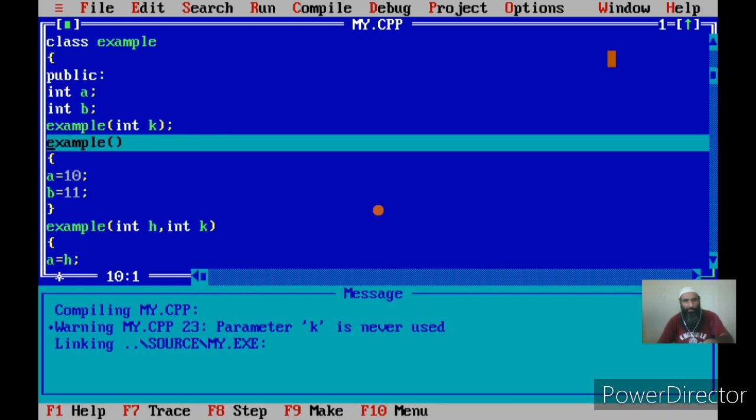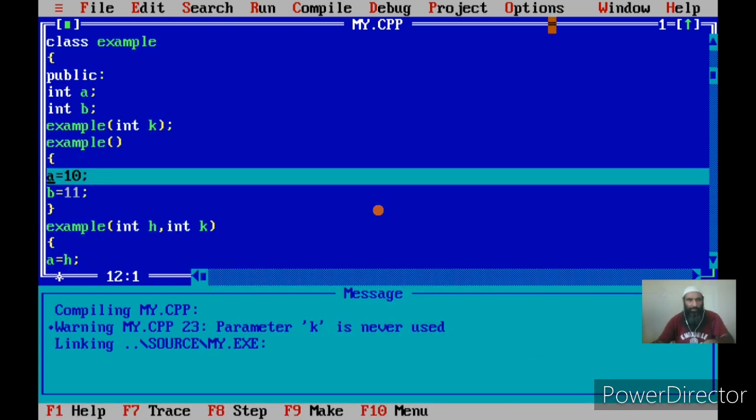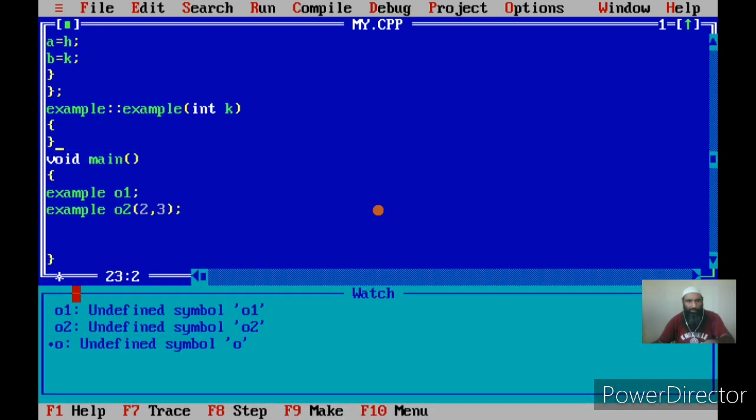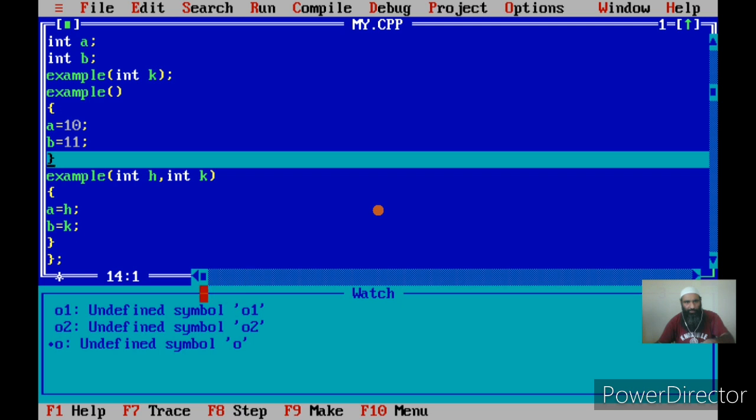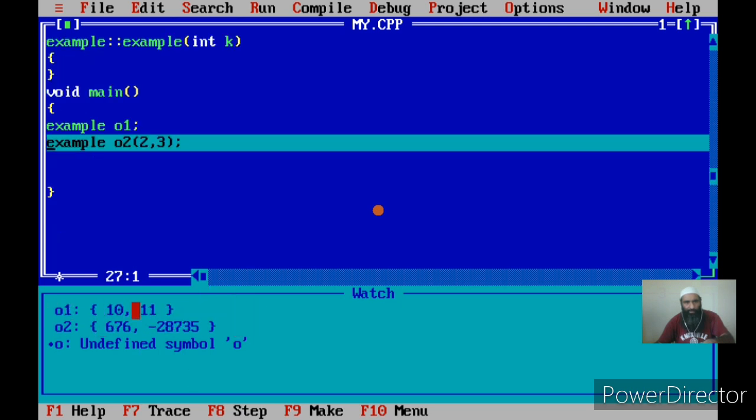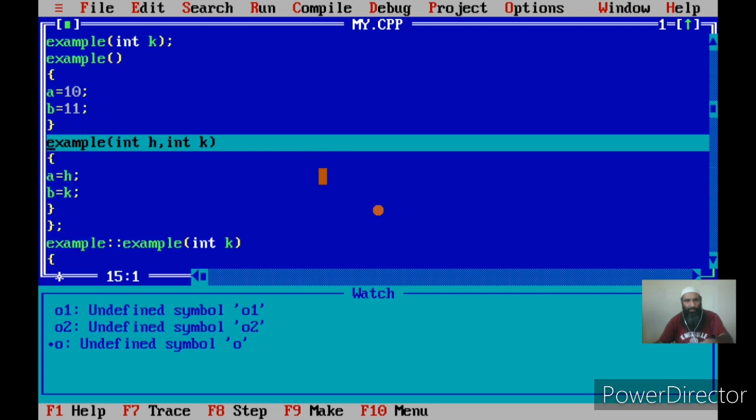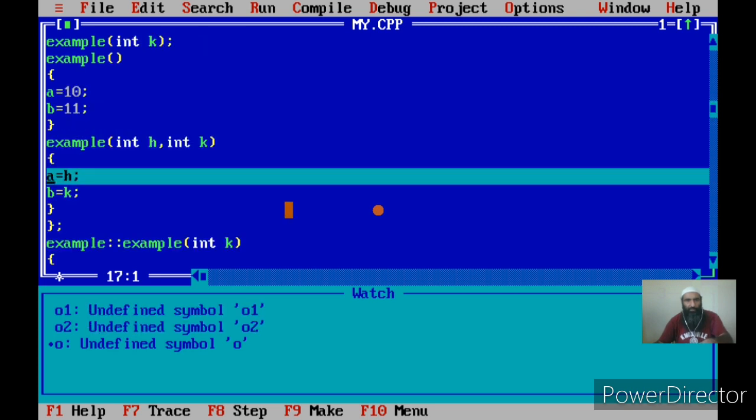You see here, in the first case, the default constructor has been called, and O1 has been initialized to 10 and 11. Now in case of O2, I am calling a parameterized constructor which has two arguments. Here, a and b will be initialized to the values of h and k.